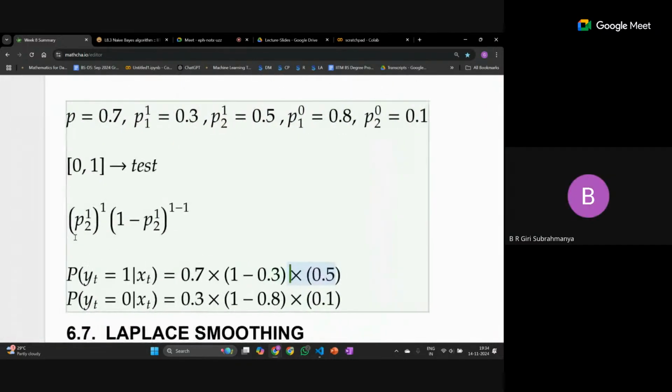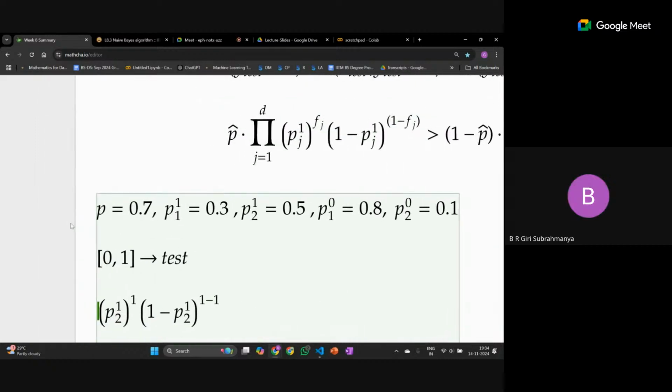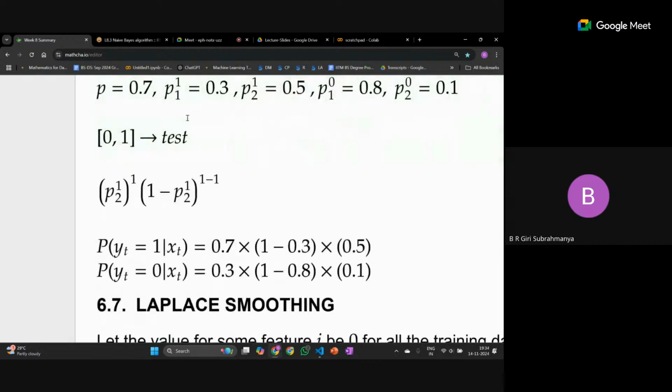So basically, F of I J is there within the product, right? Now for all the features you have to look, for feature 0 and feature 1. Now for P of y, the probability that y test is equal to 1 given x test